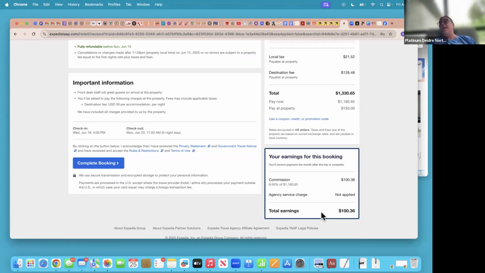If they insist on a payment plan and you can't find any other option for them in any of our other platforms that they can do payments, just know that you're going to lose about $50 of that commission or $40. So when we did the pay at property, it gave us around $59 commission. Doing it this way,